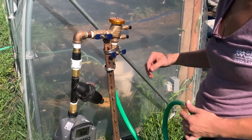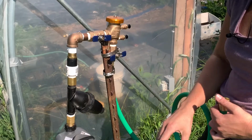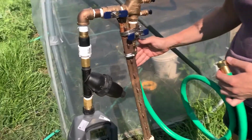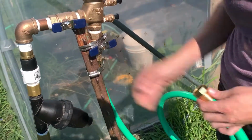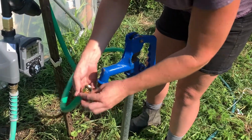All right, so I'm going to show you all how to hook up the vacuum breaker and assembly to the spigot. And this is the hose that's coming out of the bottom of the vacuum breaker. We have our grommet, and just